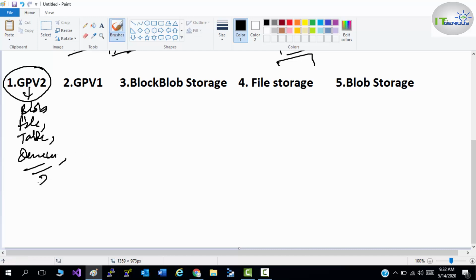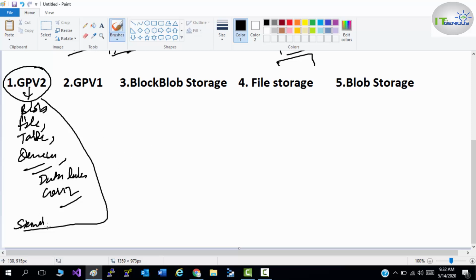And there is one more, which is Data Lake Gen 2. These are the services which GP version 2 supports, and it supports both performance tiers, standard and premium.